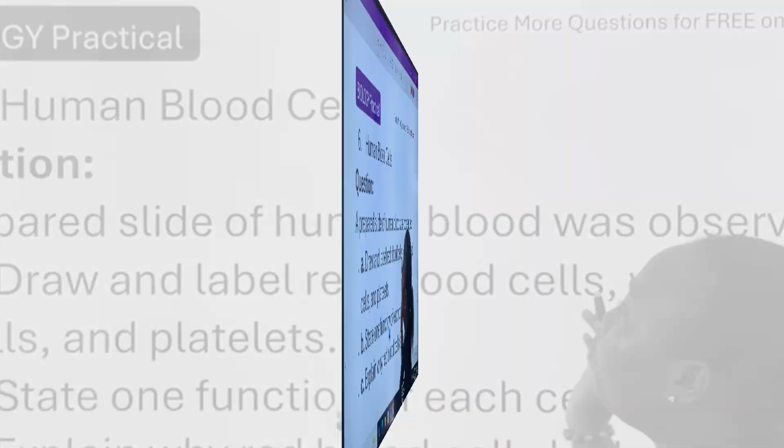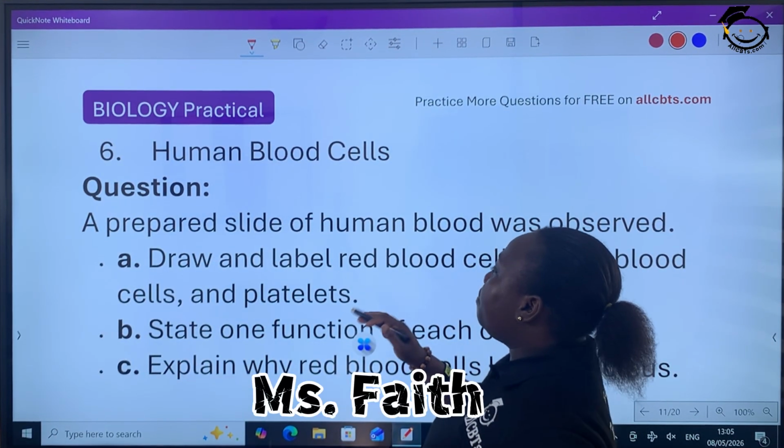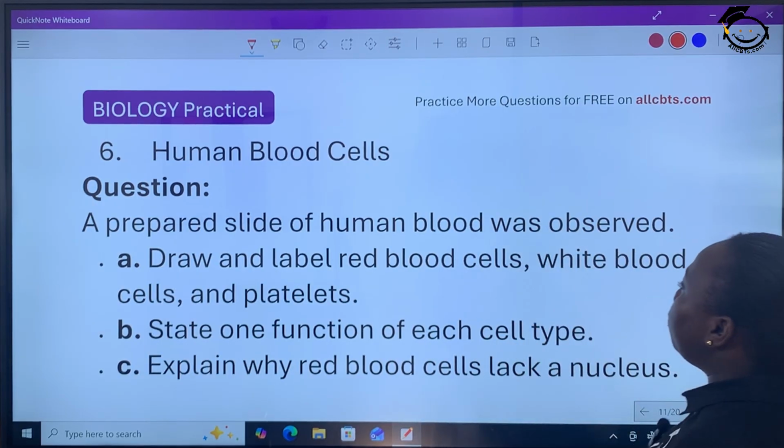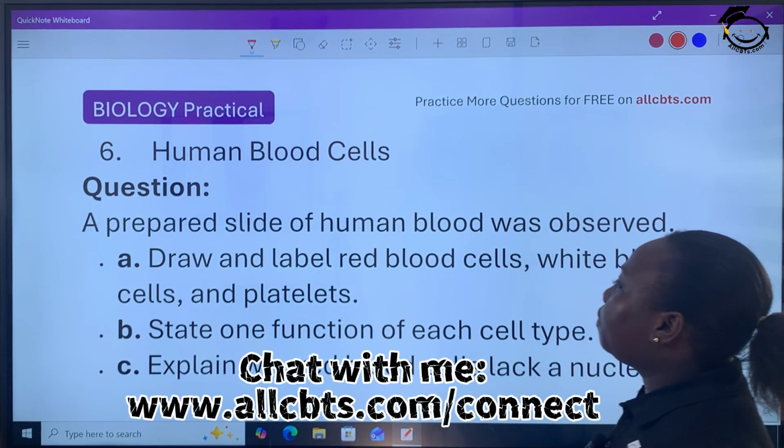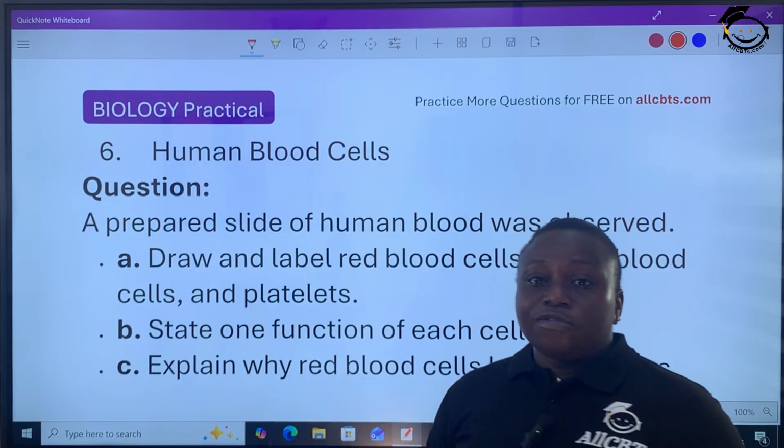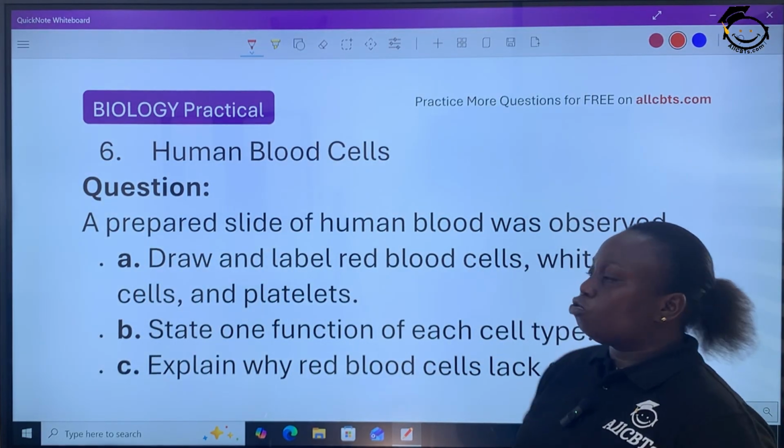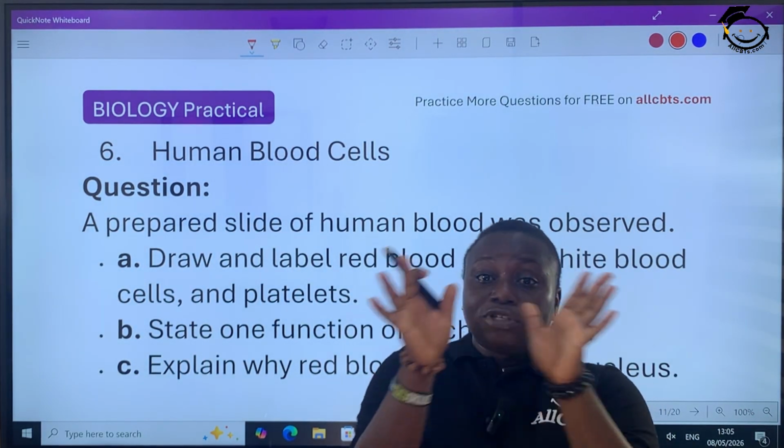Number 6, human blood cells. A prepared slice of human blood was observed. Now they are going to give you this. For this, they cannot really tell you to draw your blood, so they are going to give you the image